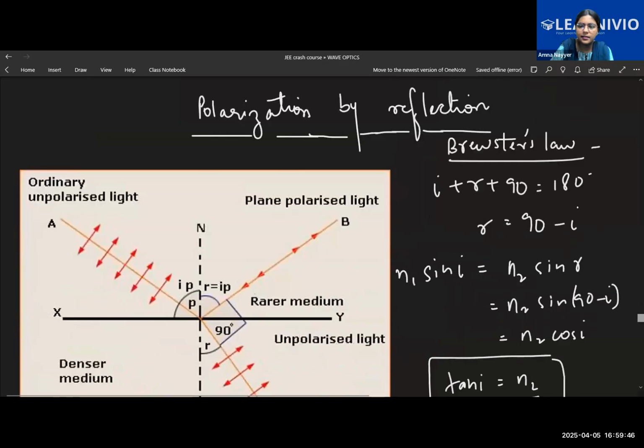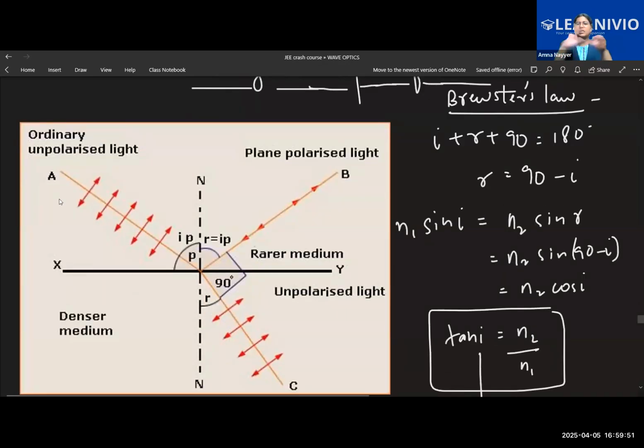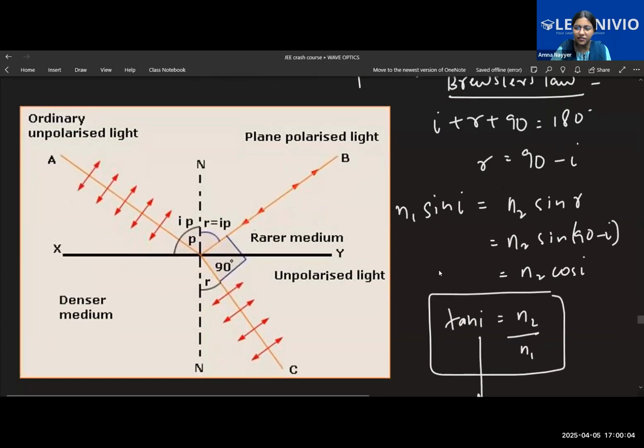Now there's a concept of polarization by reflection. So basically the sunlight ray, or any ray that comes, is unpolarized. There's a process of refraction and reflection that takes place. This is polarization by reflection and refraction. If the unpolarized ray gets refracted, this is the process of refraction, normal. Just like the normal rays which we talk about, they pass through. So nothing is new here. This angle is our angle of refraction.